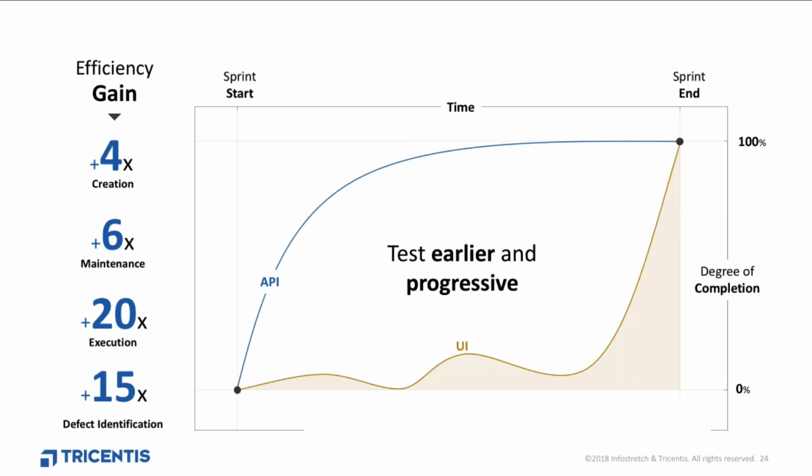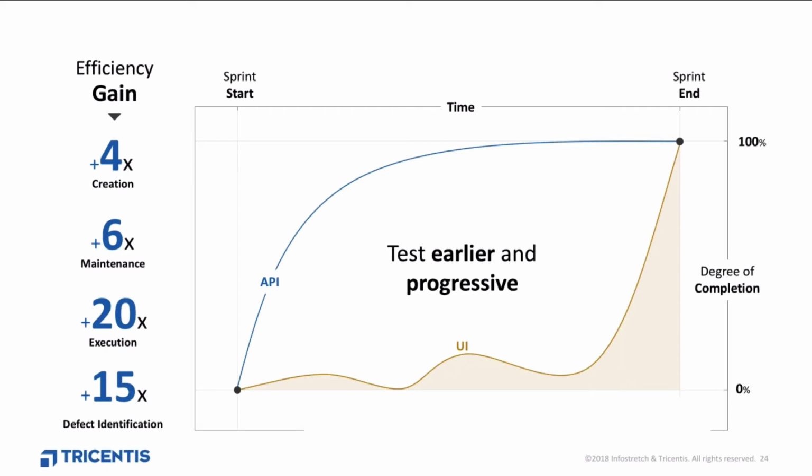So there are strong arguments why you should focus on API testing instead of UI. Let's say this is a typical sprint timeline. As we can see, the UI, and I can refer to that as really being true as a product manager, I see this on a daily basis, is very likely to change throughout the development process. And just right at the end of our sprint, the UI will get its final look and feel. And this makes testing almost impossible throughout our sprint and shifts it to the very end, with the risk of failing without having the chance to adapt our product in time.